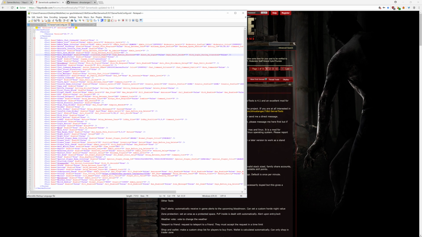So auto shutdown is for when it shuts down. So the server, let's say, shuts down each day. There's gonna be then a countdown timer of 2 minutes. So 2 minutes before it shuts down, it's gonna count down that the server is gonna shut down. Then time before shutdown, 60. So